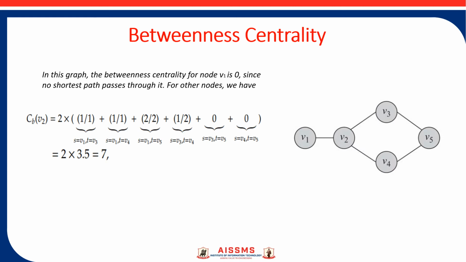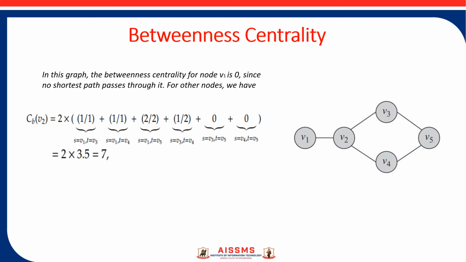For the remaining 4 nodes, we can calculate the betweenness centrality, as V2, V3, V4, V5 exist in between other nodes. When we calculate the betweenness centrality of V2, we apply the formula for an undirected graph, that is, multiply by the number of shortest paths from S to T that pass through Vi divided by the total number of shortest paths from S to T. Now we have to change the values of S and T and see what we get for the betweenness centrality.